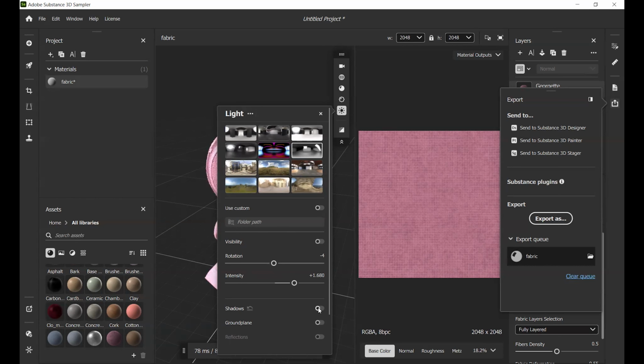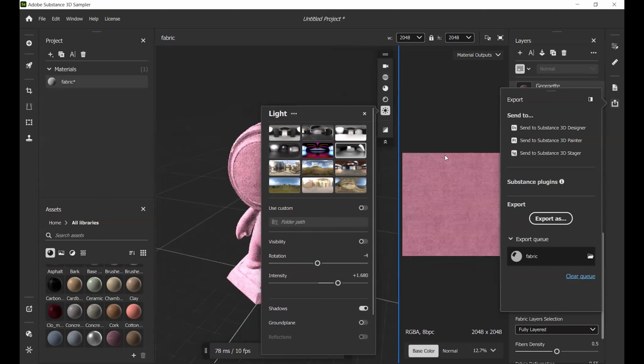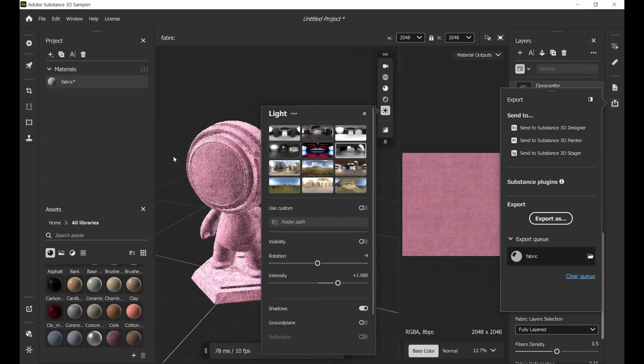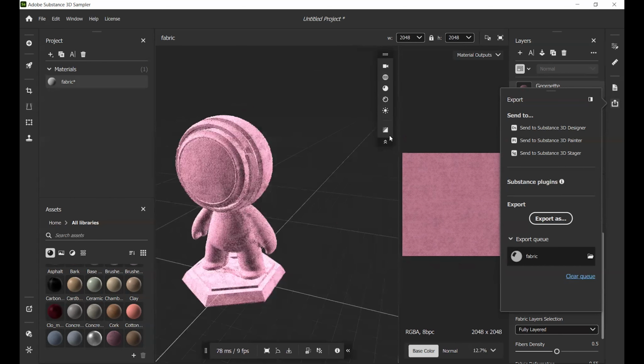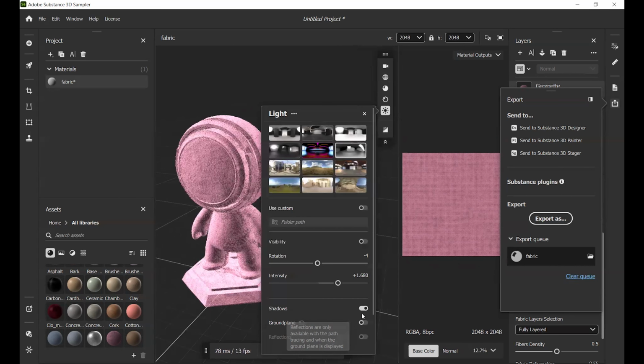And we can turn on shadow also. Can you see? It's working. And even we can turn on the ground plane.